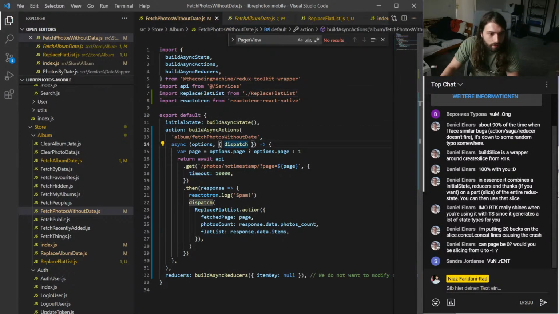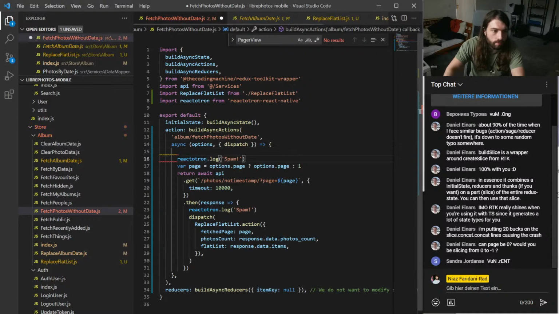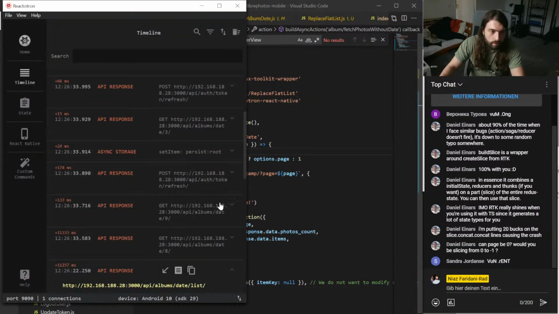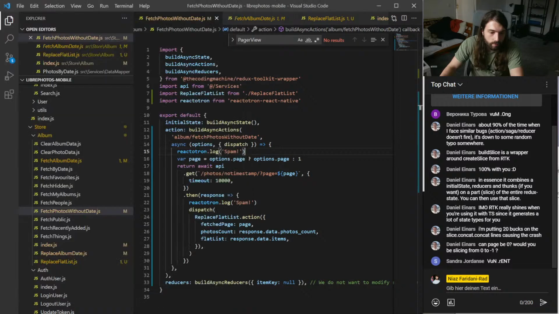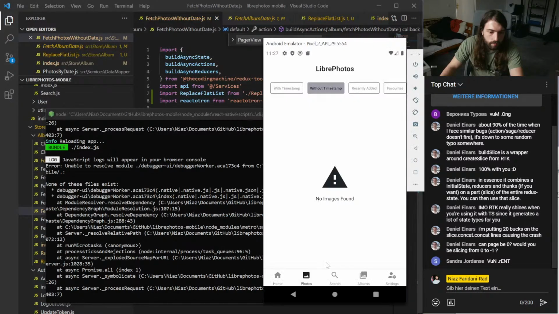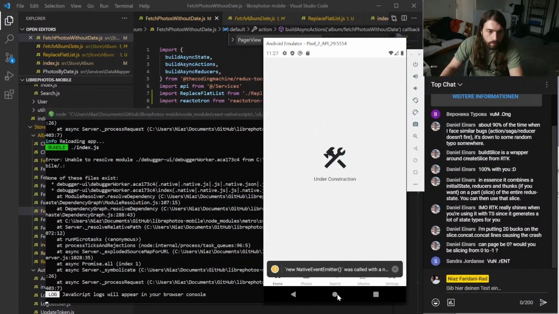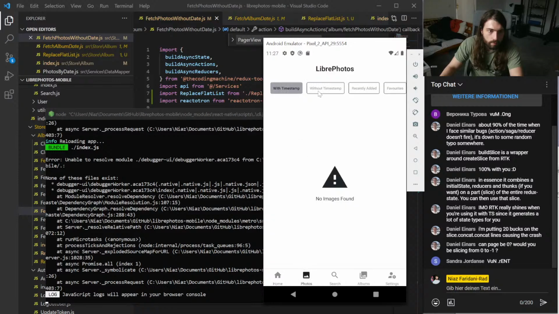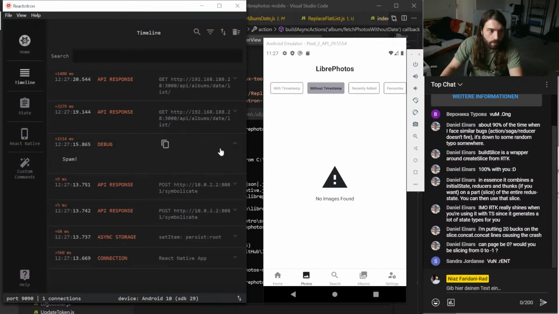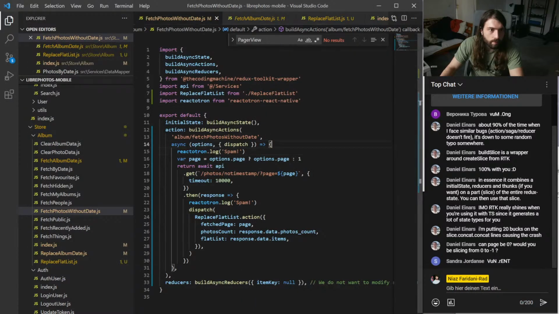Alright, so we have this, we have this, we have this. I want to spam now. Spam, alright, so that worked. So fetch photos without state should work, I guess.